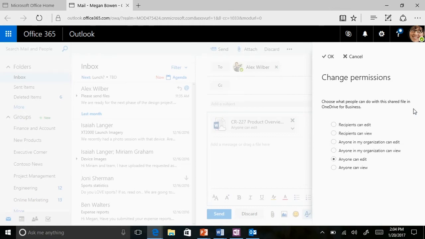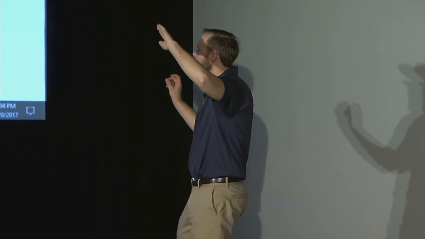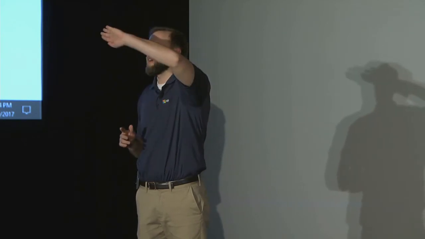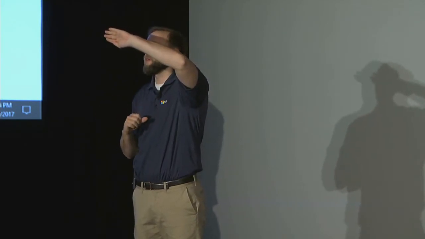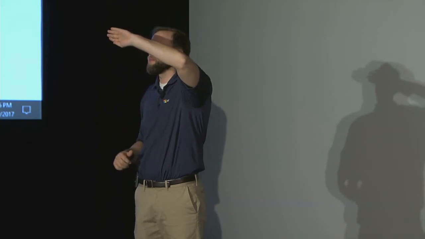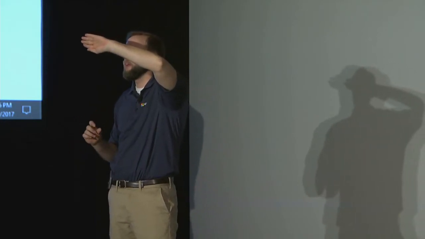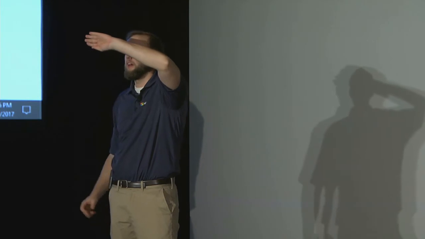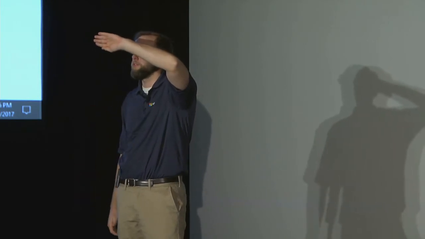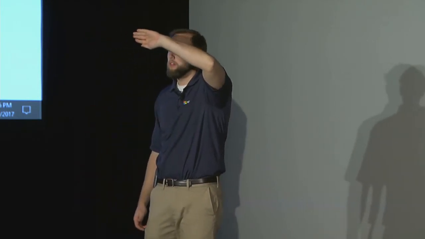So the question was, do forwards keep that permission? Yes. When you forward it, if you receive the email from me and then forward it, I believe it will actually take down as it will become a local copy. I'd have to follow up on that, because if you're forwarding someone else's email, you can't actually write the permissions for it. But that's honestly a scenario that I haven't tested. So if you want to come talk with me afterwards, we can just test it out real quick. But I believe if you forward out a cloud-attached document, it becomes a local copy of it, because the original sender did not set the permissions for that. Good questions.